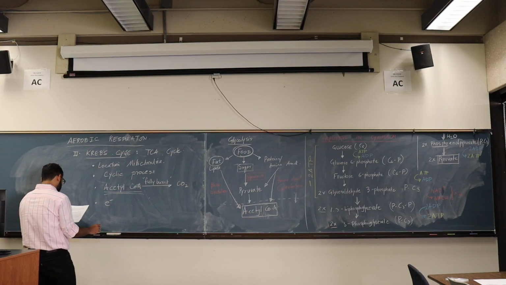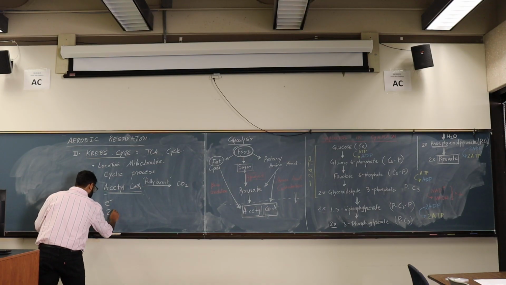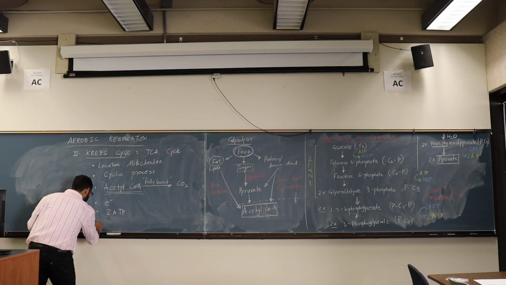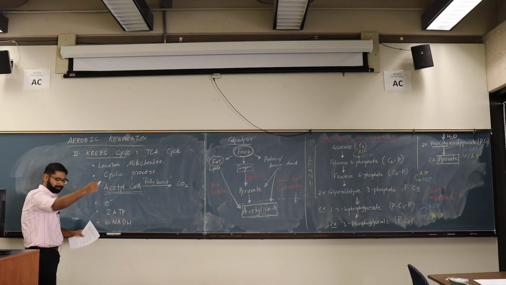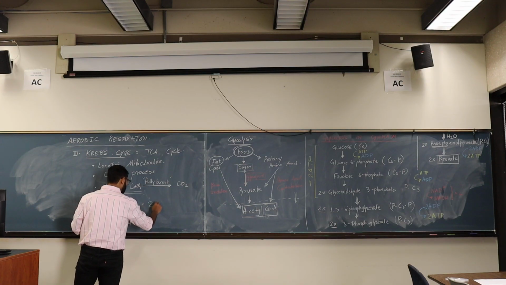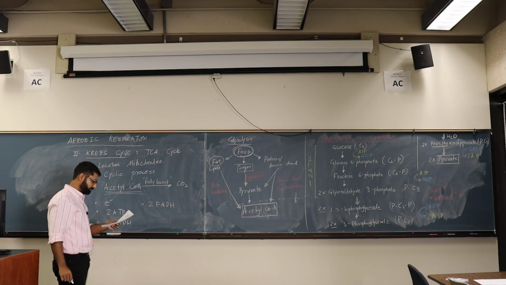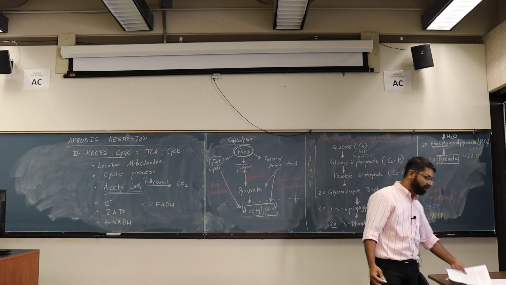In here, you get a final production of 2 ATPs in the Krebs cycle. The electrons help you to produce 6 NADH, which is the battery that we were producing. And you also get another kind of a battery called the FADH. Till now, we have not seen